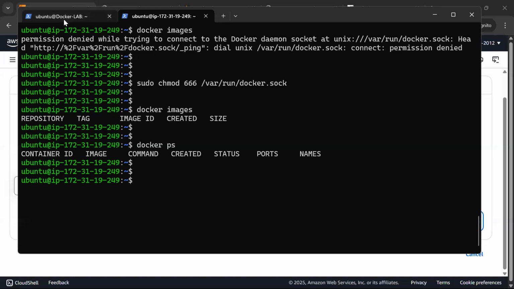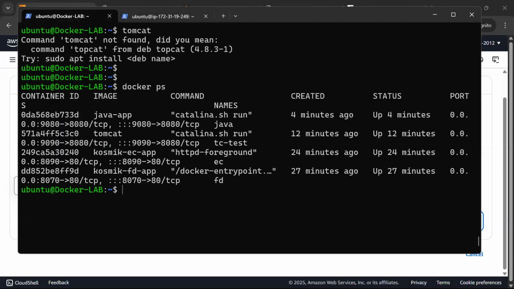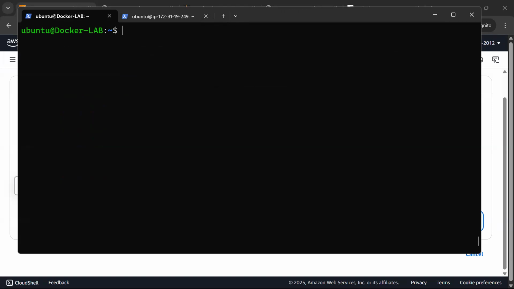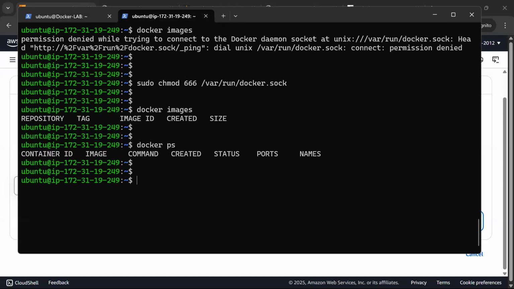Now, if I try to run this image here, guys, let's see what happens. If I say Docker images, now let's say I want to run this image, Cosmic ECR, okay? So here if I say docker run -dt --name EC -p 8090:80. What is the name of the image? Cosmic EC app, correct? Now if I hit enter,